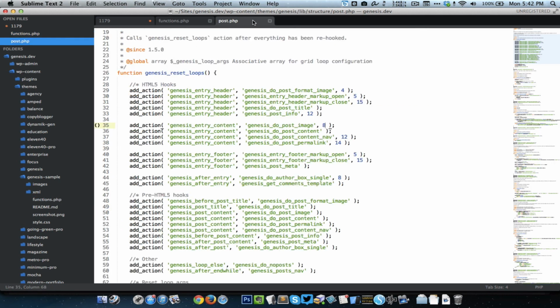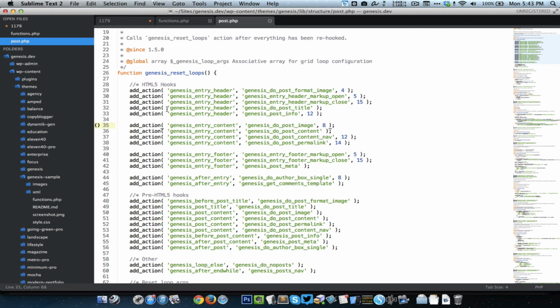So if you refer to post.php here, you can see the structure of how the content is displayed in the loop. So in the entry header, we have the post title, post info, entry content, all this stuff, entry footer, all these things. So whichever you want to remove, just copy that line and change add to remove.